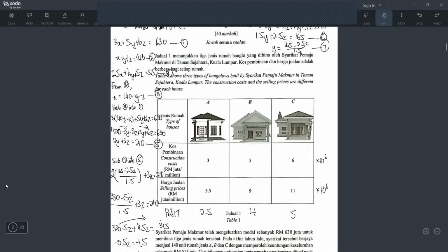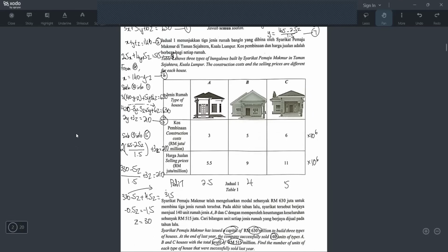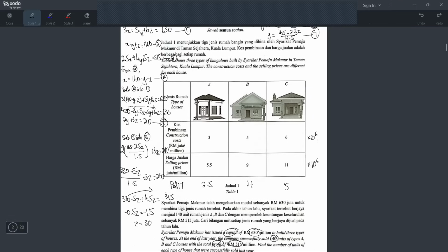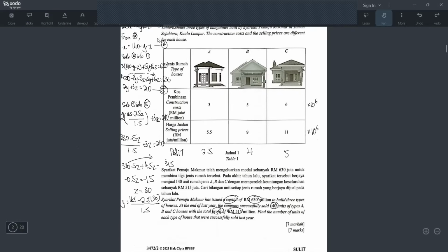So let's make it smaller. So your equation y will be what? 165. So y will be 165 minus 2.5 times z, and then over 1.5, and the z we know already it's 30, right? So now we just have to press all this inside the calculator, and then we will get the answer for y. So let's press 165 minus 2.5 bracket 30 close bracket equals divide 1.5. Okay, I got 60. So my y is 60,